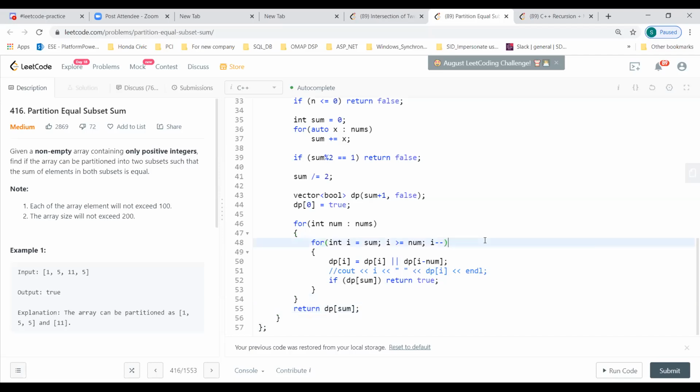For my better understanding, what trick is it to do in reverse? What benefit is there when we do it in reverse in the nested for loop? I don't think there is any benefit. We can do it either way, because if we do it from the beginning also, we can use DP0 as true and then keep on building it. Naturally people will do it from left to right, and now you do it from right to left. Then we'll have to check the condition whether sum minus nums is greater than 0 or not.